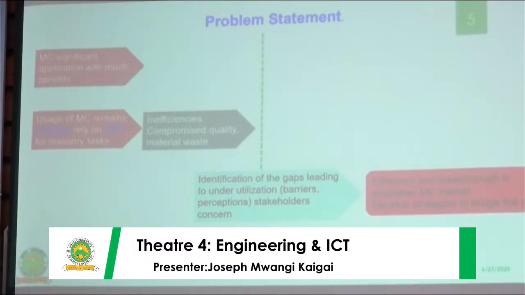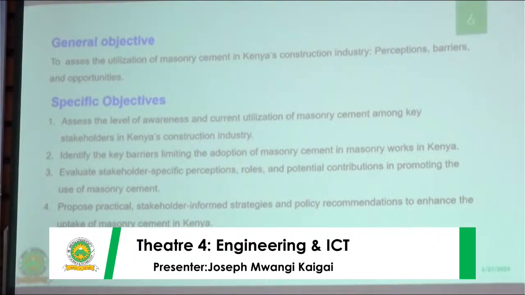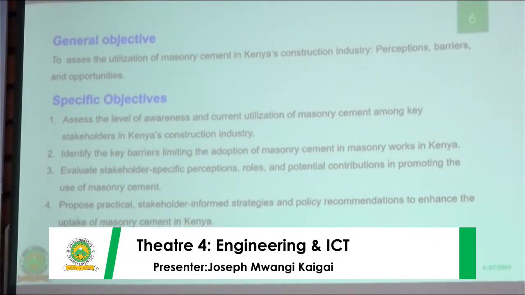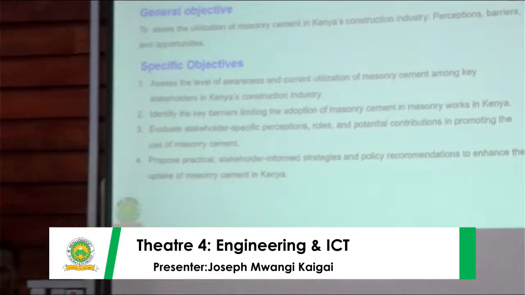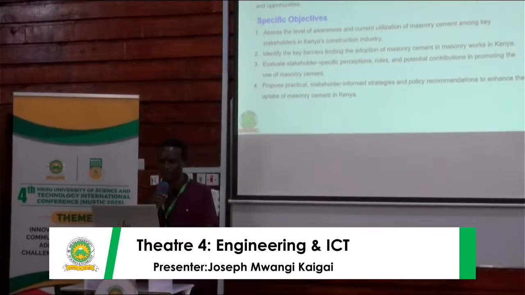What are the barriers? What are the perceptions? What are the stakeholders' concerns? By that, we'll be able to find what will improve the efficiency in construction and break through in the stagnated masonry cement market, and therefore develop strategies to bridge the gap. The general objective is to assess the utilization of masonry cement, with specific objectives being to assess the level of awareness and current utilization of masonry cement, identify key barriers, evaluate stakeholder-specific perceptions and their roles, and propose practical stakeholder-informed